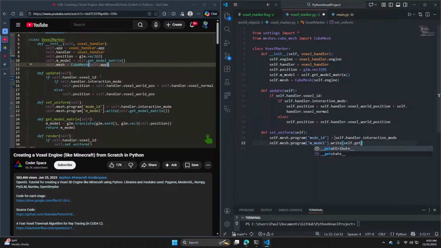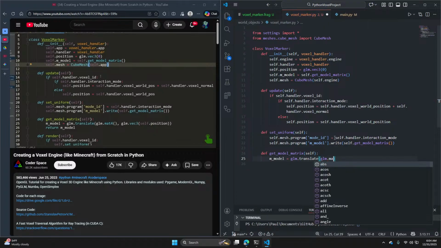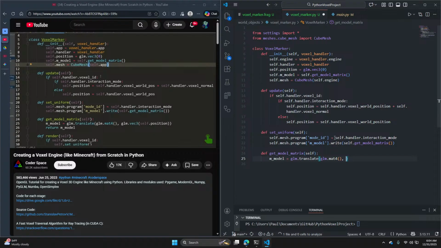Self dot get model, def get model matrix self. So our model matrix would be translation to create the map for VLM.